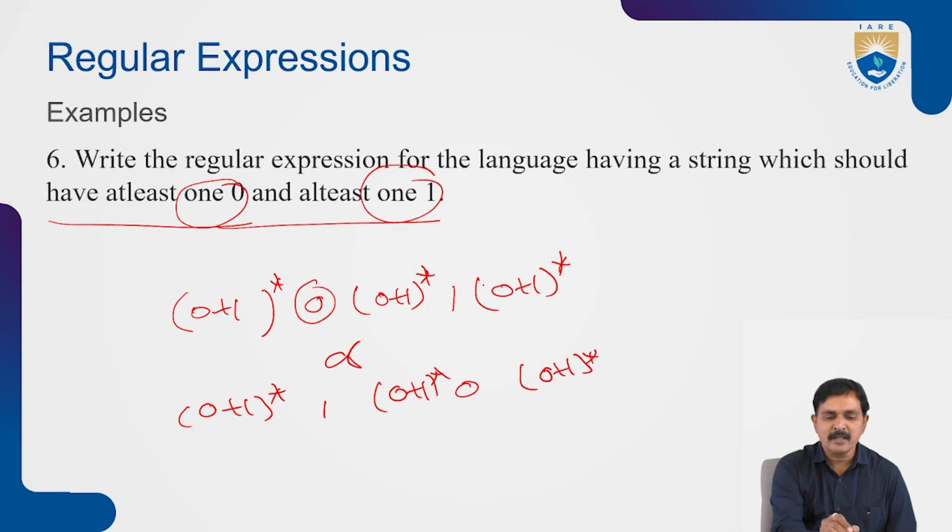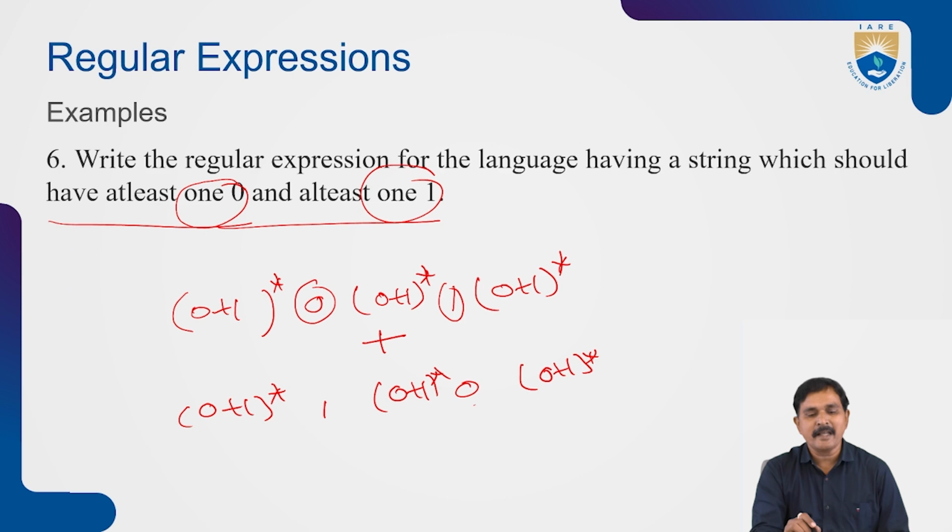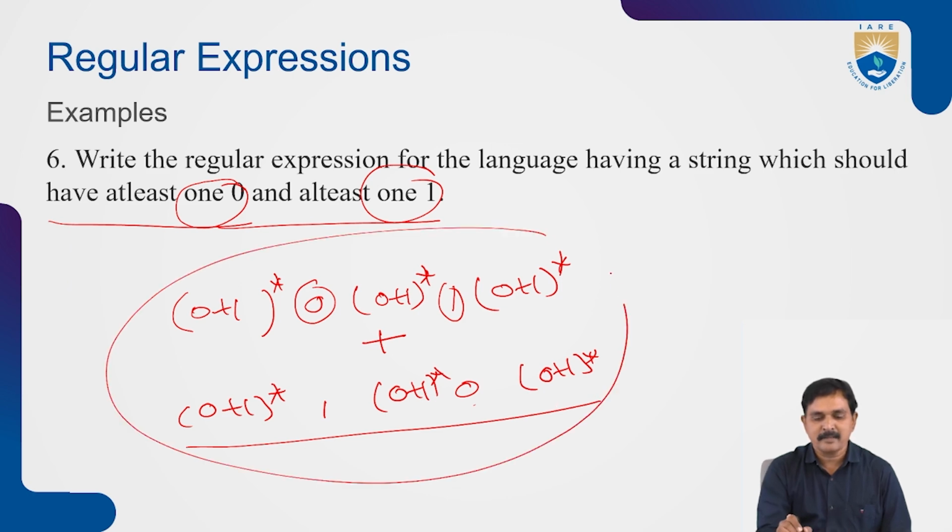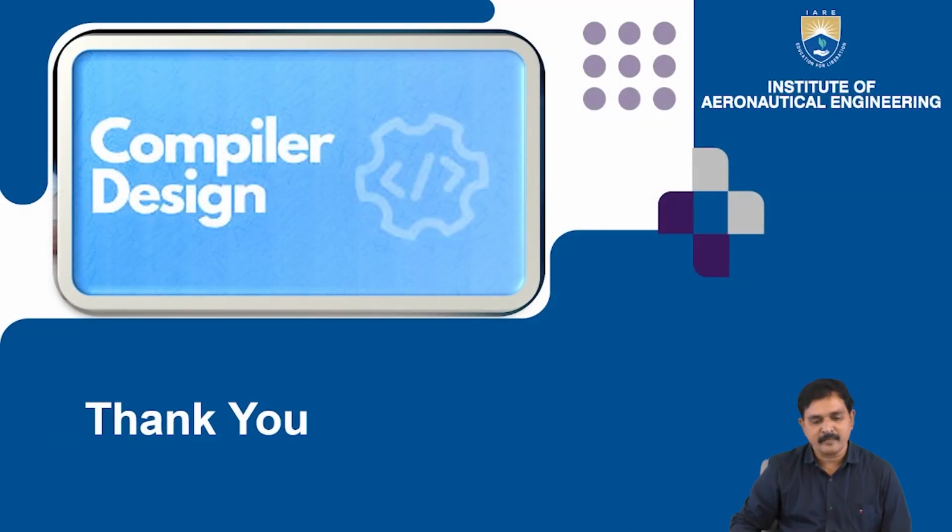The meaning is at least one 0 and 1, at least one 0 1 that is covered. If 0 plus 1 star, remaining other cases are given, and one more pattern is here. Sometimes you should start with a single 1 and a single 0 also. You can take both ideas, but you must add the plus. So finally, the answer you can read as 0 plus 1 star 0, 0 plus 1 star 1, 0 plus 1 star, plus. You can read it as this string. This is the answer for the given question: at least one zero and at least one single one.